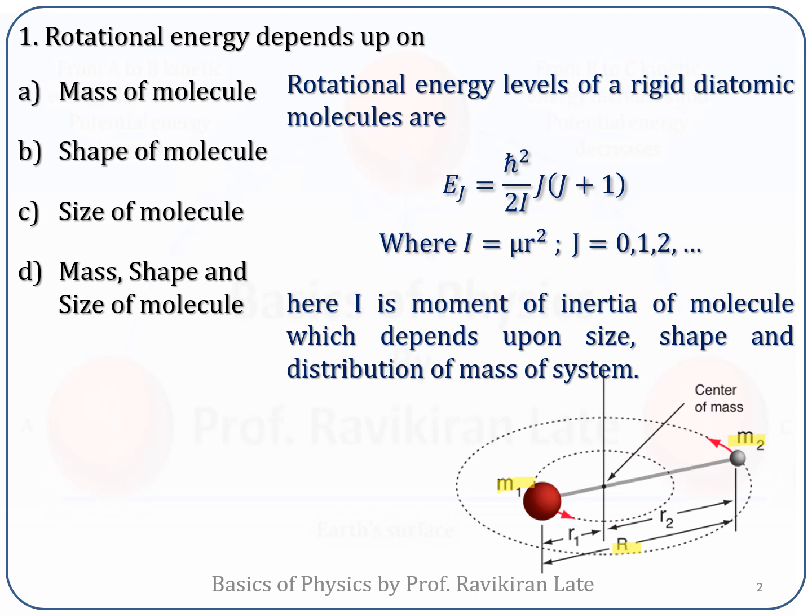If you consider the rotational energy levels, they depend upon the value of I and the value of j. I itself depends upon the mass, and R is the separation distance. So the rotational energy levels given by Ej depend upon the mass, and upon the size and shape because it's a moment of inertia. You require how the mass is distributed, so shape and size matter. If you look at the options, it is option D which is appropriate for this case. So the rotational energy depends upon mass, shape and size of the molecule.